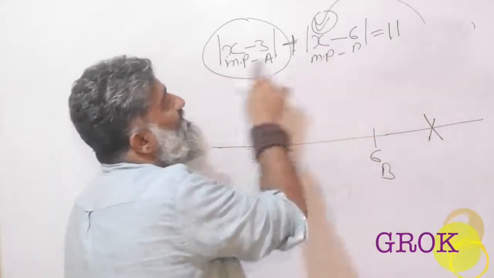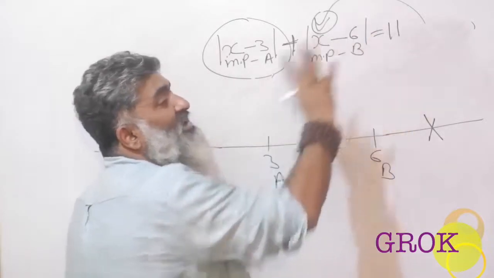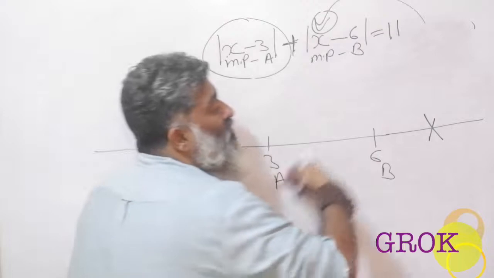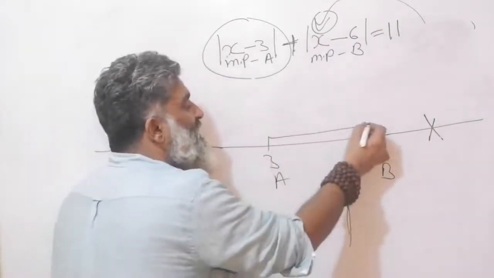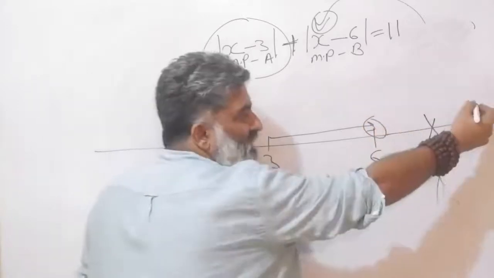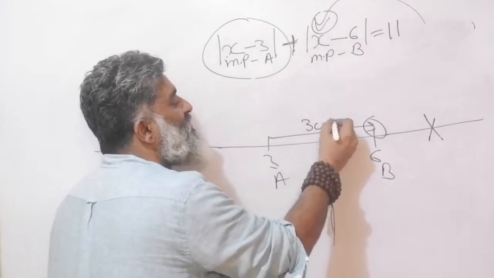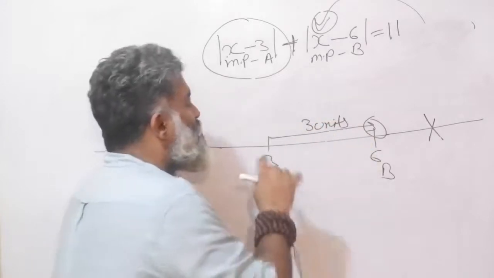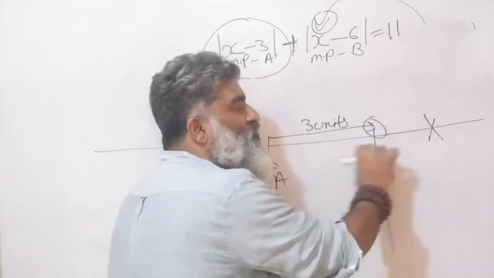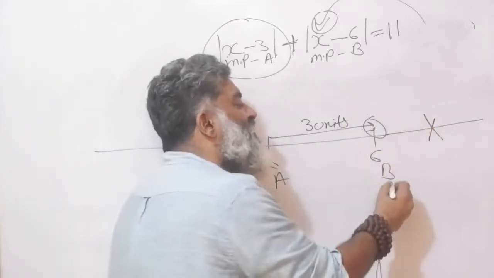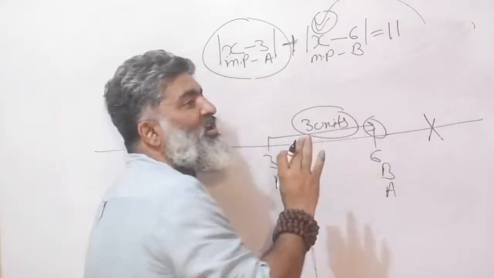All I do know is that the total distance covered by A and the total distance covered by B, the sum is 11, okay? Because the meeting point is here, A will definitely travel to this point and then only go to X. So far already how many units has he done? 3 units. So simply the fact that A has to go to this point X, he has to cross B. So assume that he has already reached point B, and that means 3 units are already gone.